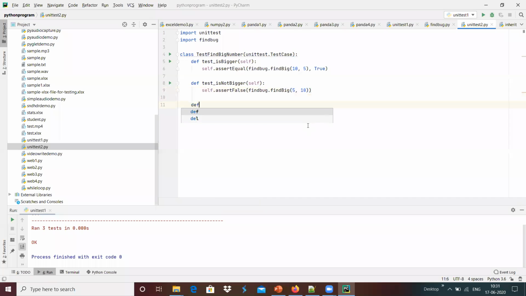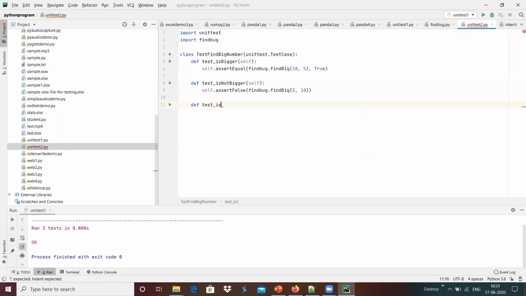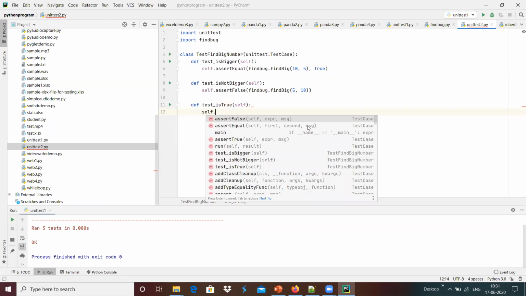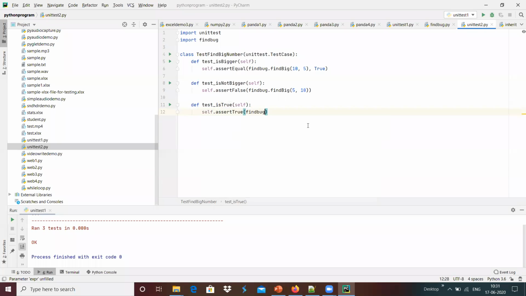And it has to be something like a def test_is_true case over here. And I'm going to use something like self.assertTrue, and find_bug.find_big, maybe 23, 5.